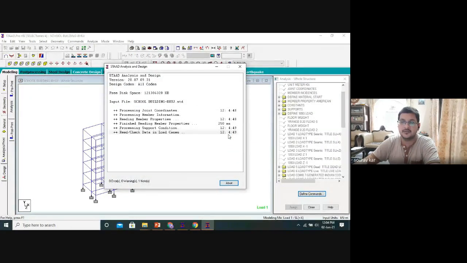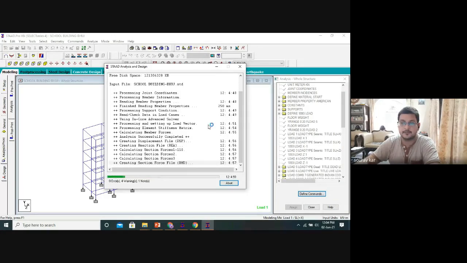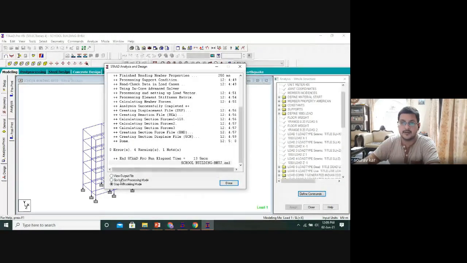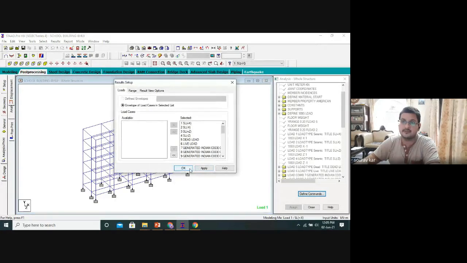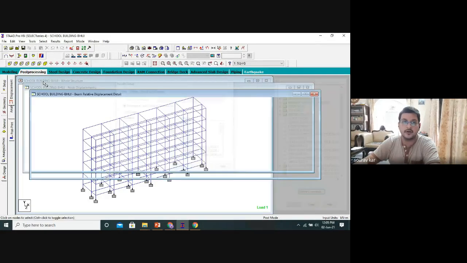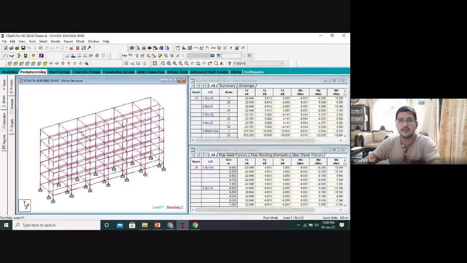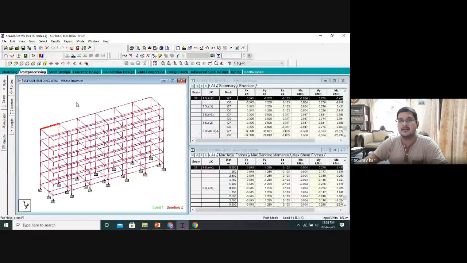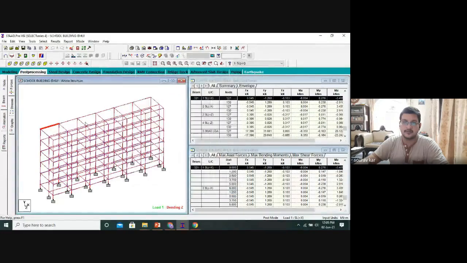So analysis is going on. We already did this in the last class. It was error free, zero errors. Now we can go to post processing mode, and also to modeling. In post processing mode, what can we find out? We can find out all the shear force and bending moment acting on every beam and slab. If you click any beam, you can find out the shear force, the deflection, all these things.